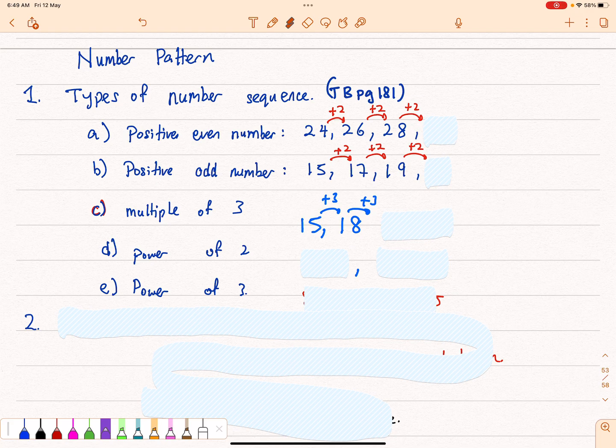Now, the first one is, if you look at the notes this time, pretty much a lot of things have been copied for you, so you see what I see as well. So let's take a look at the number pattern. Now, types of number pattern, this is taken from